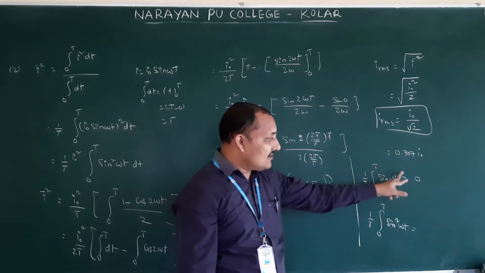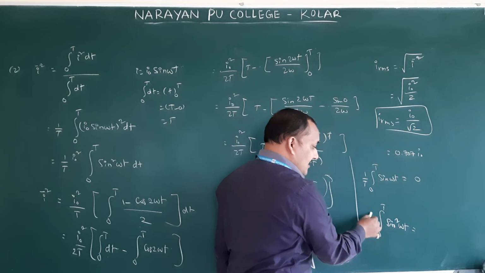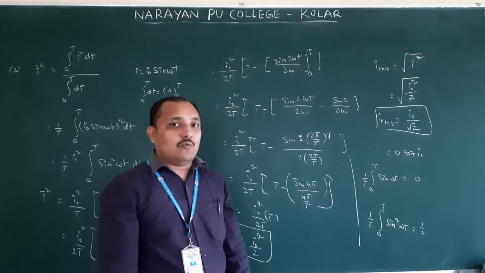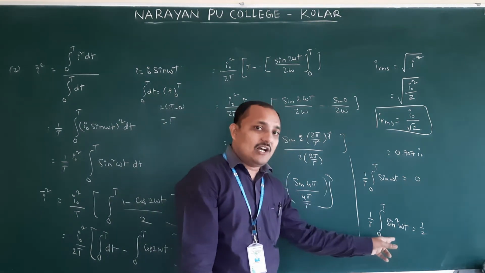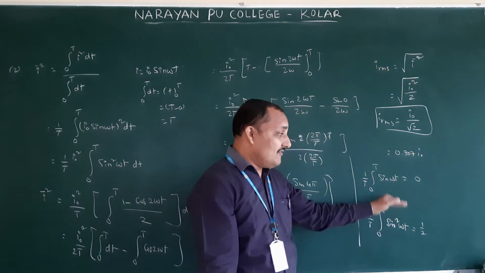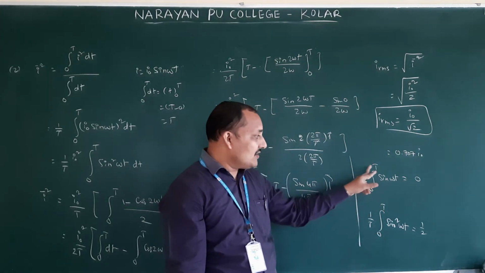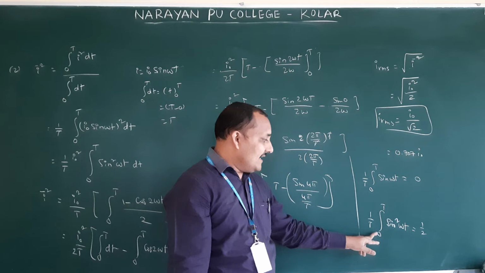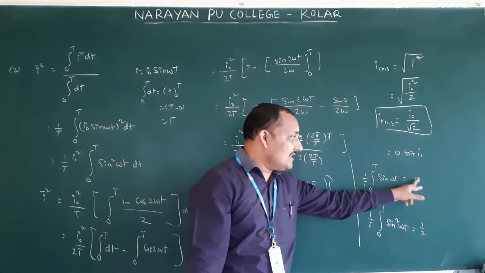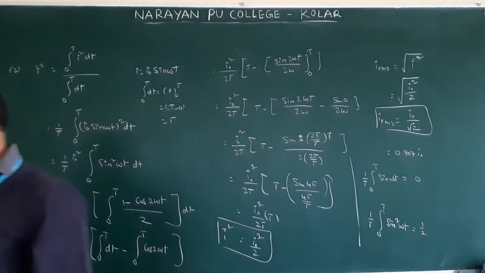If it is 0 to nT also it is going to become 0. Now sin square omega t, 1 by T integral 0 to T sin square omega t value always is going to become 1 by 2. If it is sin square omega t or cos square omega t, that value is 1 by 2. So you have to remember this, whenever problems come it will be helpful for you. Even if it is sin or cos, 1 by T integral 0 to T is 0. So if the square is there, it means 1 by 2. Here nothing is there, it means 0. Like that you can remember. Then it will become easy for you. Okay.